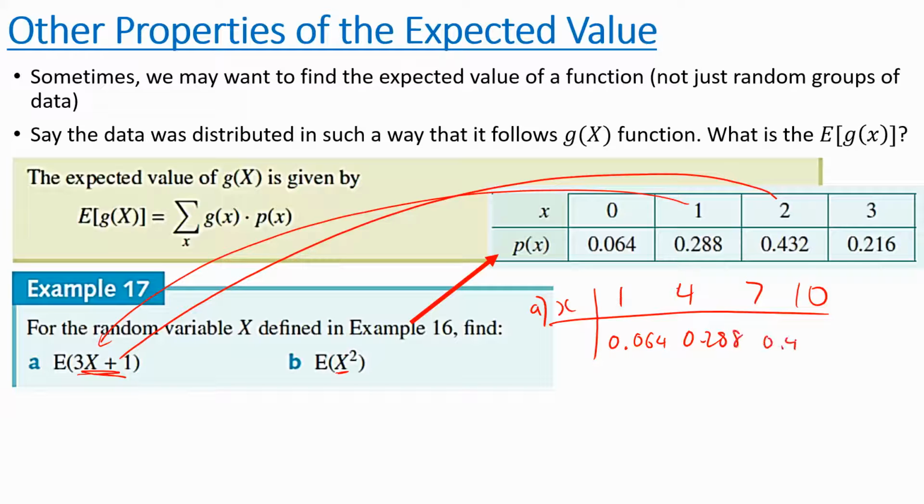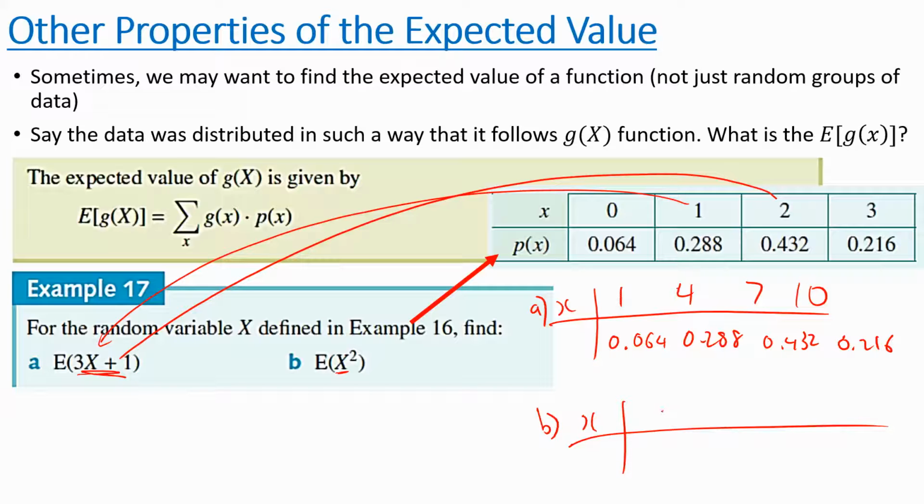The probabilities are 0.288, 0.432, and 0.216. So that's for A. And to find the expected value, we know that you take your data times the probability, because that's finding the average. Take that 1 times this, plus 4 times this, plus 7 times this, plus 10 times that, and you get your expected value for 3x plus 1. Same thing for the second one. You would then say B would be